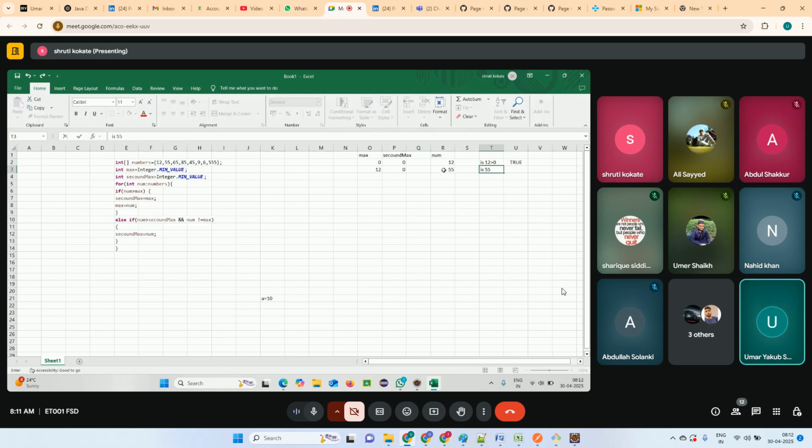True। तो now the elder sister has bought a new dress, 55,000 का। तो जो 12,000 का dress था वो किसको दे दिया उसने? Younger sister को, right। तो क्या हो रहा है? Max goes into second max। Max क्या है? तो वो जाएगा second max में। तो second max क्या बन गया? 12 बन गया। और 55 बन गया। समझ में आ रहा है? इसमें गया, else इसमें नहीं जाएगा।